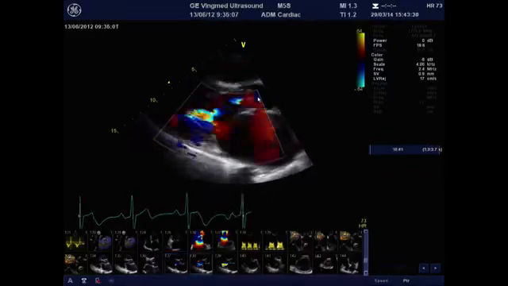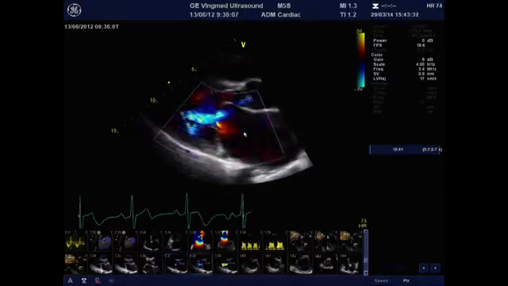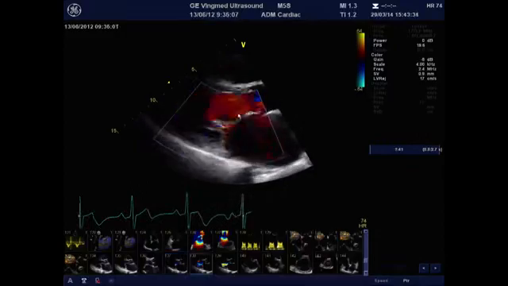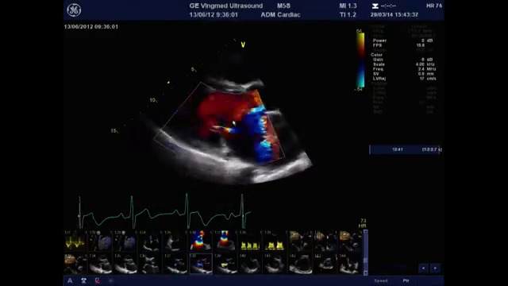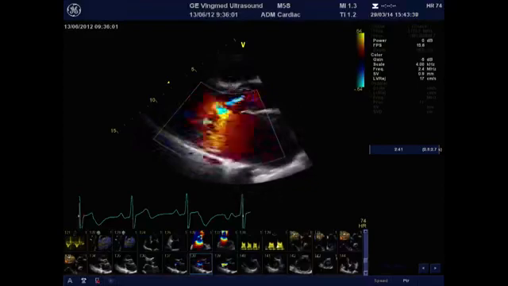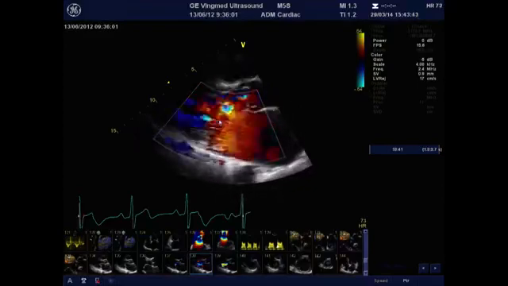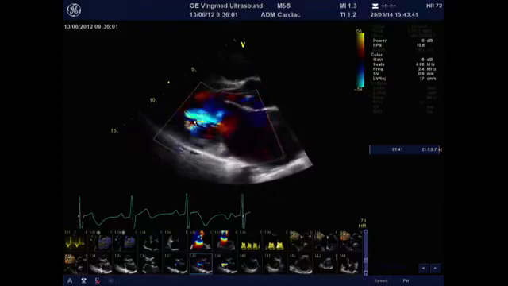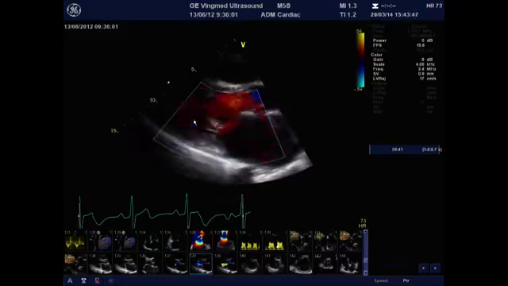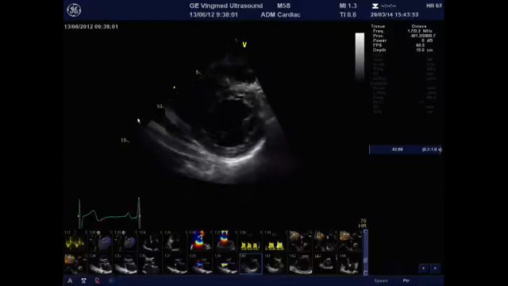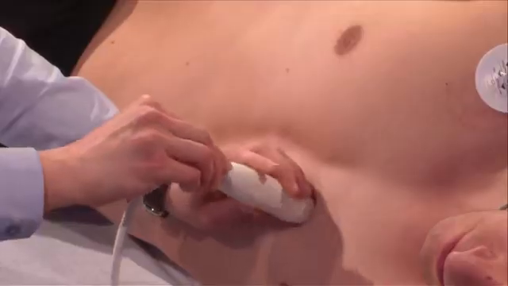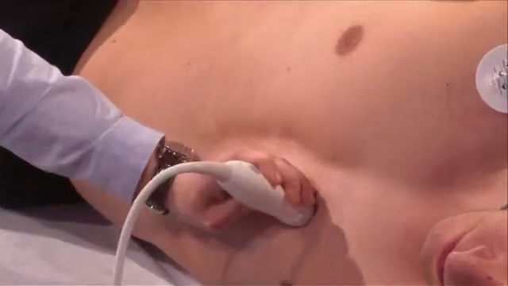Then you can apply the color Doppler to see exactly the restriction of the leaflets in systole and the fact that the flow from the left atrium to the left ventricle is actually impaired in diastole in the patients with mitral stenosis. Again, something which is very important is just to turn the probe 90 degrees and go into the